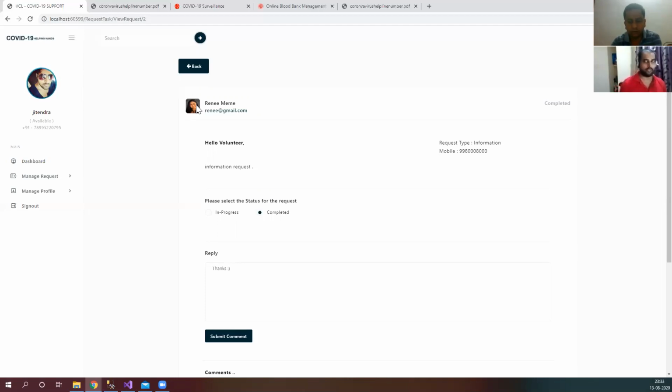Let's see, if I request an information type, then all that information will be visible to the squad, and if multiple people are able to help, they can leave a comment, or if they have some additional information they can also put it on that request. So on one request, multiple pieces of information can be provided.